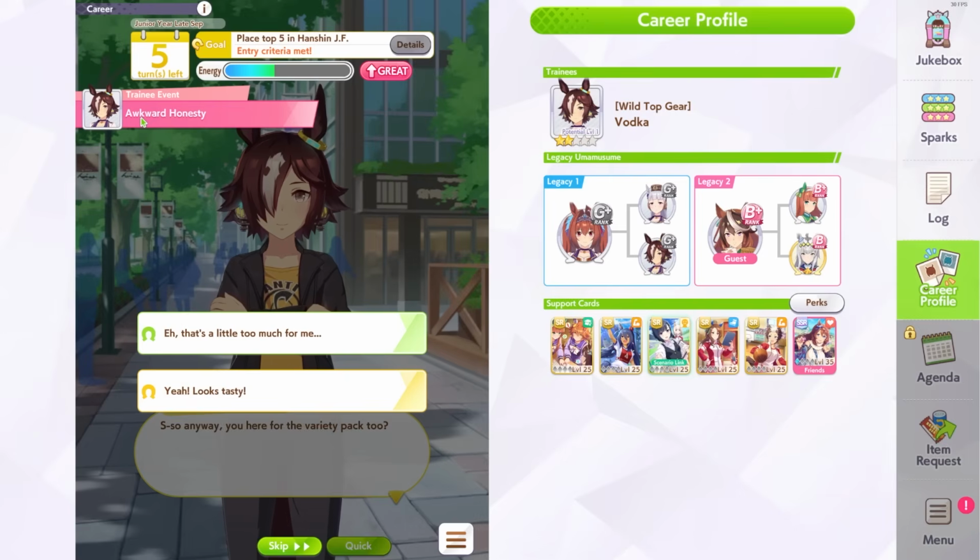Now look over here, it does say awkward honesty. This is a decision that we ran into before. This might be a decision that could leave our Umamusume overweight, or I think in the official translation it's called slow metabolism, which is a negative condition. I don't know if it is, but I guess we're going to find out. Typically those events that involve eating, the bottom option has a chance to give you a lot of energy, but it also has a chance to overstuff your Uma. I don't know if that's relevant to this event,